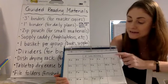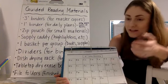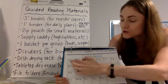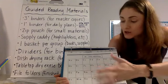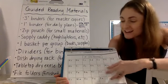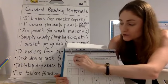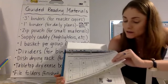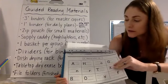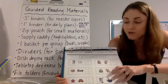These are in pockets, what do you call these? Sleeves. So you can do all sorts of things like incorporate magnetic letters, and you give them a handful to sort and they sort it. Is this the K? Is this the Q? So you can add in other materials too. You can have them write, this is the lowercase a, or they match the lowercase a. So you can incorporate other materials. And obviously you're not doing all of this every single time,